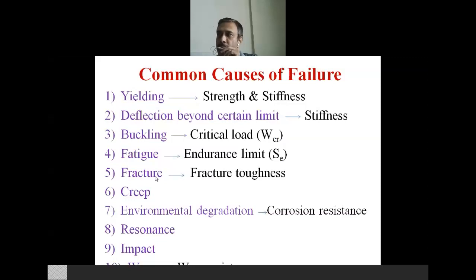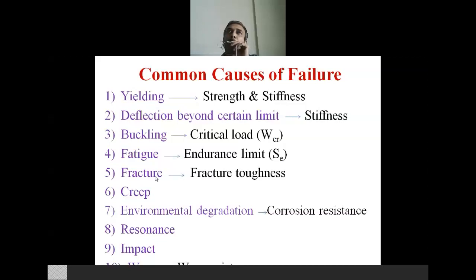You have a separate course called fracture mechanics, and there you can study this fracture failure. This fracture failure was not realized when we started with design. Actually, fracture mechanics came into existence after World War II. Even when the industrial revolution took place, machines were built and components were manufactured, fracture was still not considered as a failure.